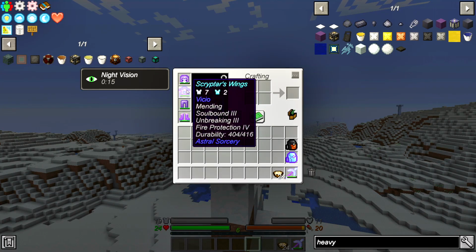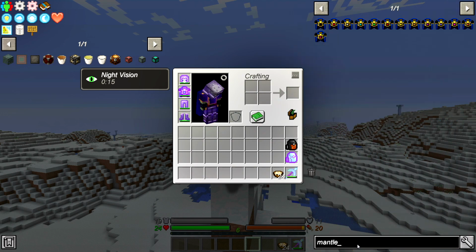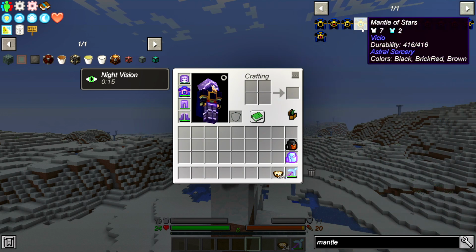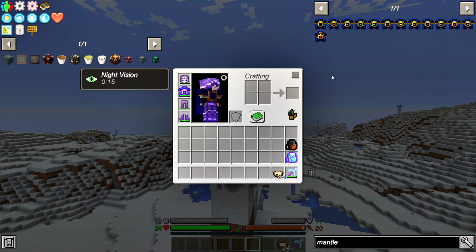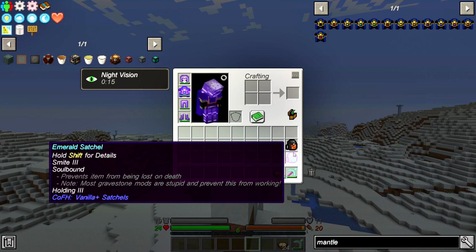So we do have a little bit of equipment here. I do have Scryptar's wings, fully upgraded with mending and so on and everything. This is the Mantle of the Stars. And yep, you've seen that before, right? It's the Visio one. Now, due to the fact that I've played around a little bit more with Astro Sorcery,